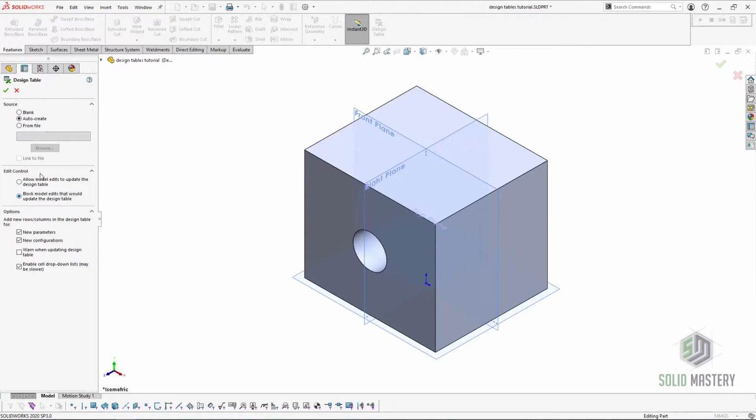This is what most people often get confused with or ignore, or even worse, select the wrong option. Most times we would want the design table to control the configurations and therefore our model, not the other way around. And we leave all the other options selected as shown. We'll accept that,